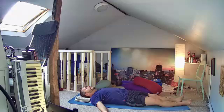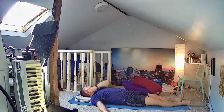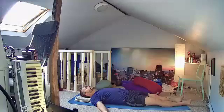So we work in our poses to explore, to examine, to observe. And through that examination, through that observation, we learn to activate. Let the body just completely release into the ground. Let the muscles relax. Unhook the muscles so that the body becomes heavy, so that you can maintain that consciousness of the